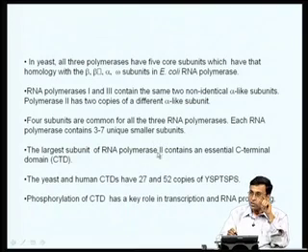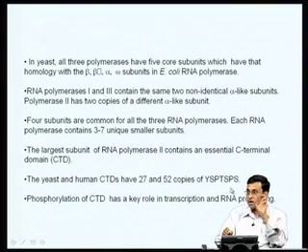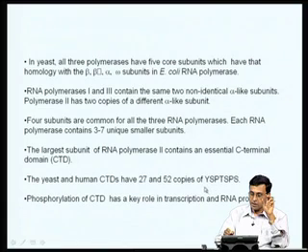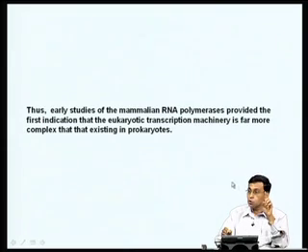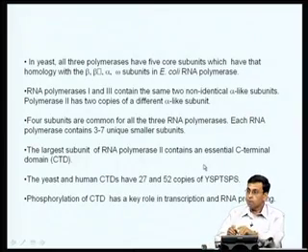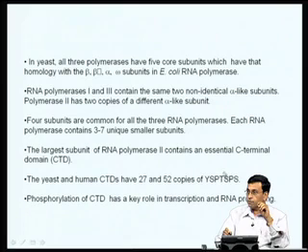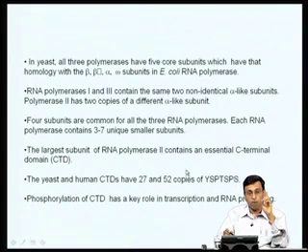Now, what is so unique about the CTD? Both in yeast as well as humans and all other mammalian cells, this CTD contains what is called a YSPTSPS repeat motif. As you know, Y is tyrosine, S is serine, P is proline, T is threonine. So, tyrosine, serine, proline, threonine, serine, proline, serine, and as you know, serine and threonine are the residues which can be phosphorylated. So, the C-terminal domain has a highly serine and threonine rich motif, and in the subsequent classes I will tell you that phosphorylation of the serine and threonine residues in the CTD plays a very important role in regulating the activity of RNA polymerase II.